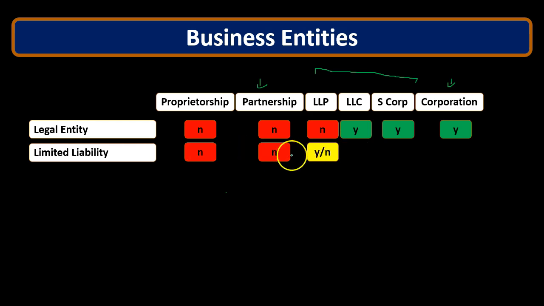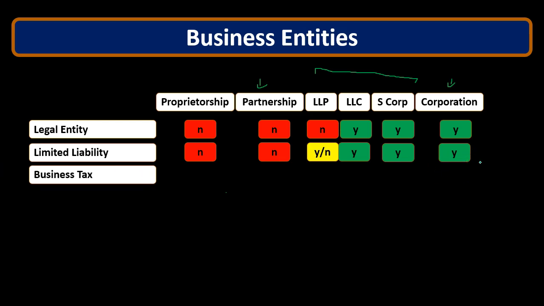The limited partners in the limited liability partnership would have liability protection because they're not involved in the partnership directly. Therefore, you can't go after their personal assets in the same way that you can with the general partners. The LLC, being a separate legal entity, also has limited liability, so a benefit for the owners of the LLC. The S corporation, being a separate legal entity, also has the benefit of a corporate shield, so that you can't go after the assets of the individual owners. And then, of course, the corporation also has limited liability for the owners of the corporation.